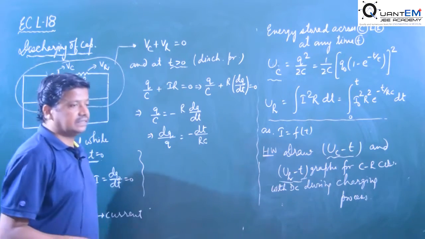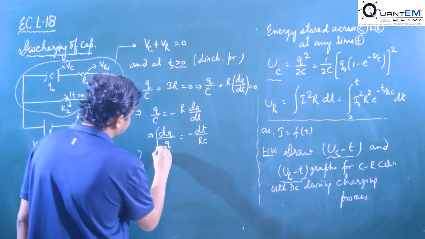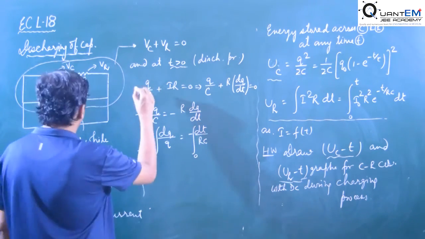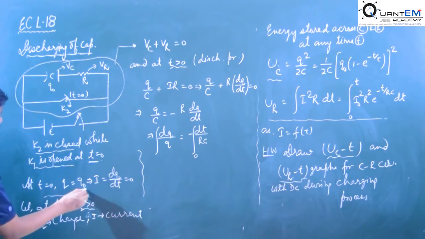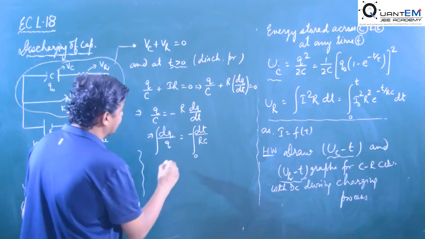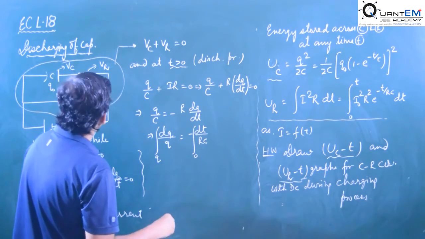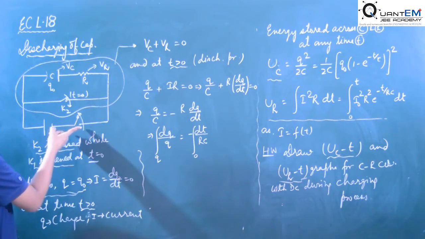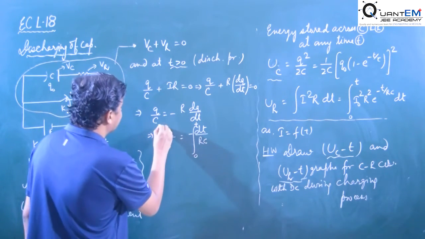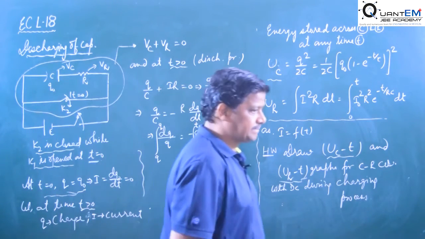Again, it is a differential equation. Now we may solve this differential equation to get the value of charge. At time t equal to 0, what was the value of charge? Charge was maximum here because the capacitor has been completely charged, and after charging the capacitor we are discharging it after opening the source key, and at time t we have to get the value of charge during the discharging process.